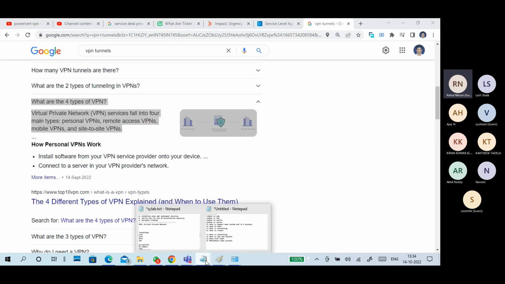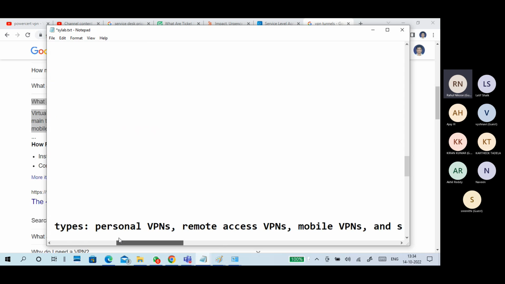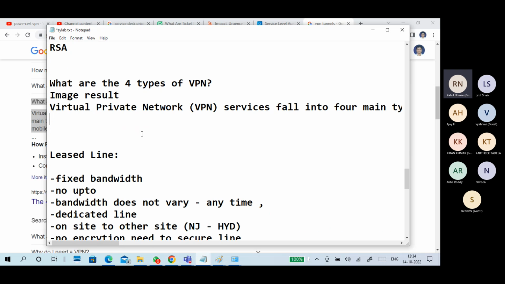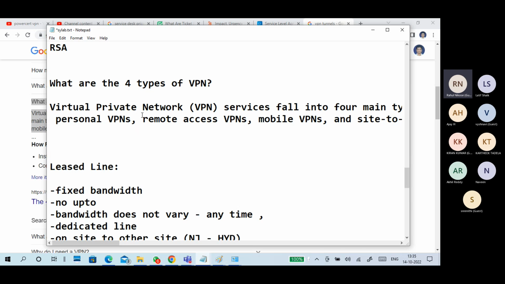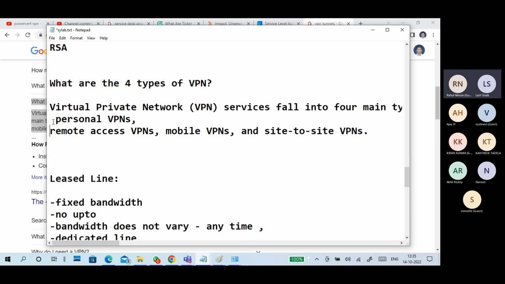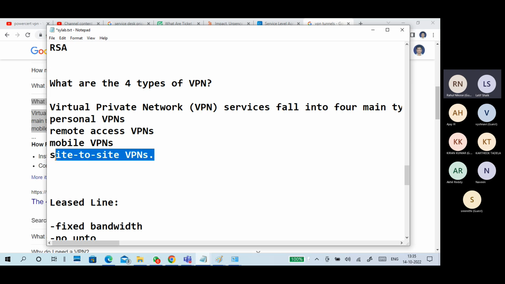I told you about the remote access VPN. In a leased lines manner, I told you, that is site to site.